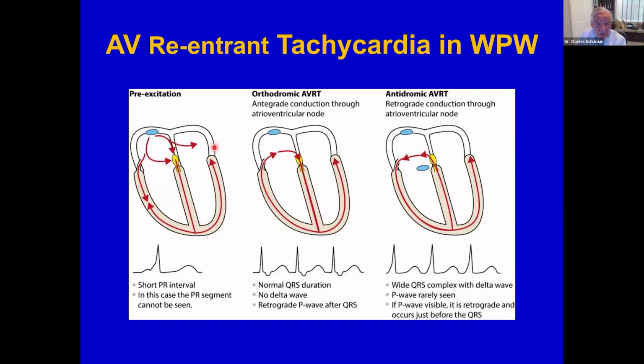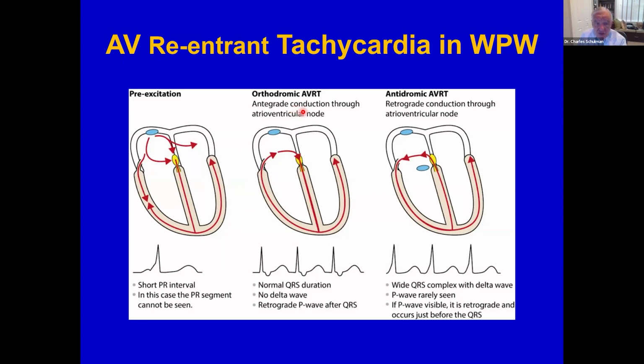So with pre-excitation, here's the sinus node, here's the AV node. This would be the normal conduction, but when the impulse travels down the bypass tract, it's called pre-excitation. Down the bypass tract, you get this short PR interval and delta wave. So the two forms of reentrant tachycardia are